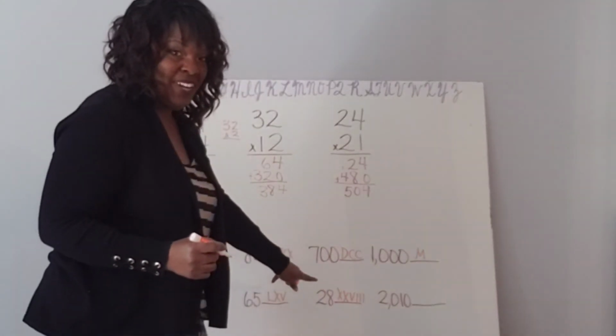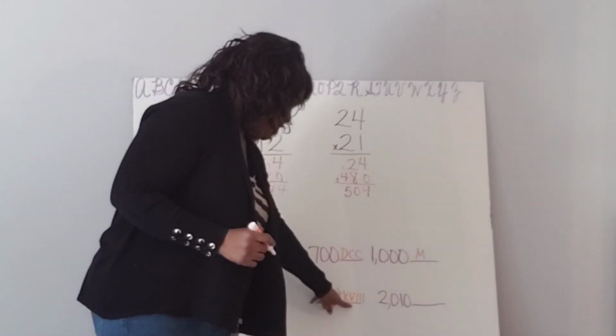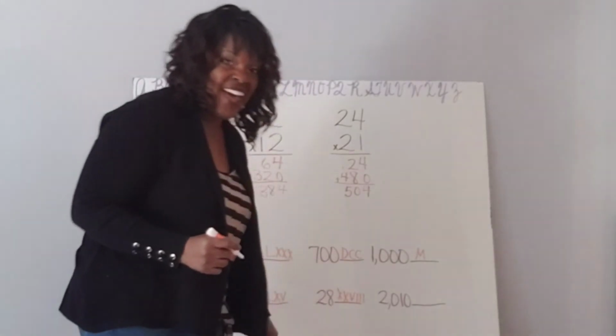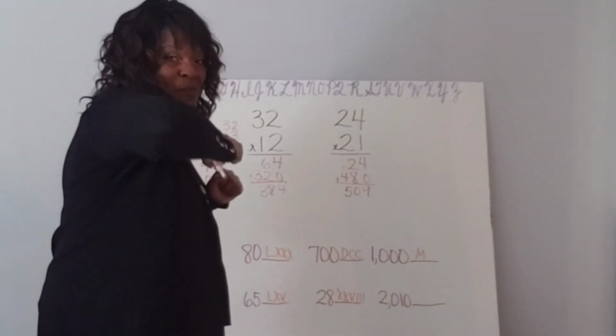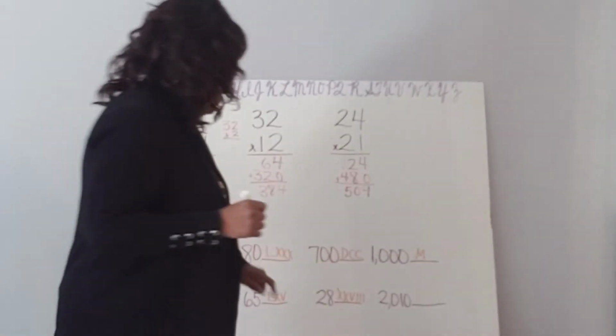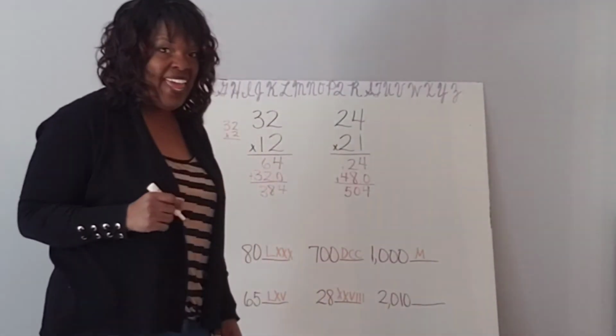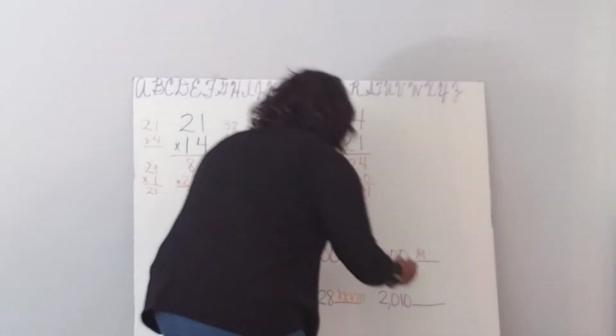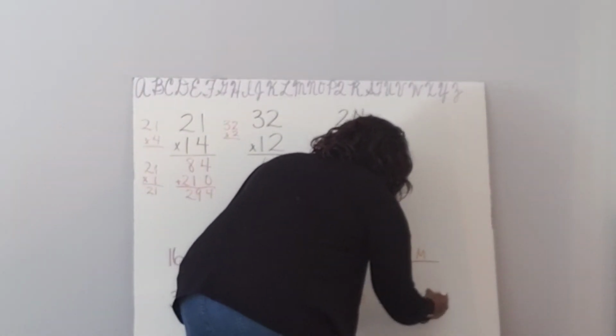XX, 10, 20, 5, 6, 7, 8. XX, V, I. Did you do that? Good. Elbow bump, elbow bump. All right, and then 2010. Oh, I know. All right, you did. It's easy, right? M,